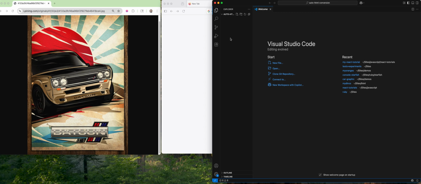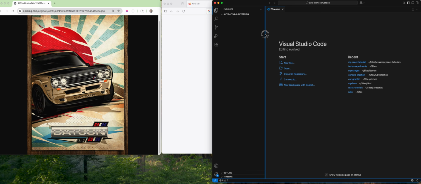So the first thing is we need to create a project directory, and you can name it whatever you like. I called mine auto HTML conversion, but you could call it car graphic, anything you want, and just put it somewhere on your system where you know where it is. So I moved mine into the sites directory,